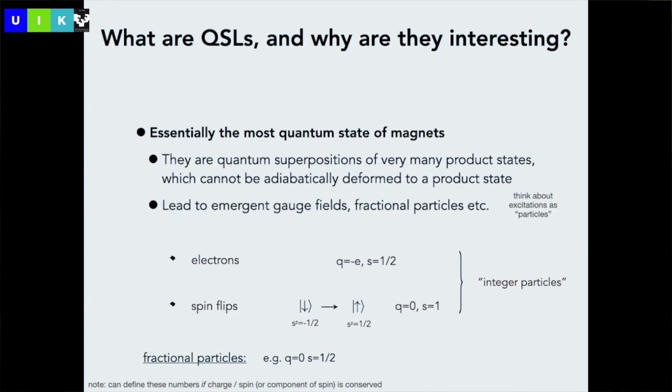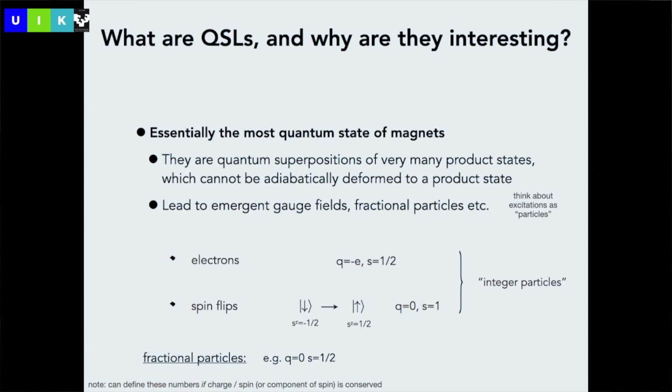Okay, so I've sort of mentioned what quantum spin liquids were, but I haven't said why they're interesting. Why would you be interested in such a state? Perhaps it's fundamentally interesting, but what can you say more about the physical phenomena that emerge from these large quantum superpositions? And really, probably one of the main interesting aspects of quantum spin liquids is that they are emergent